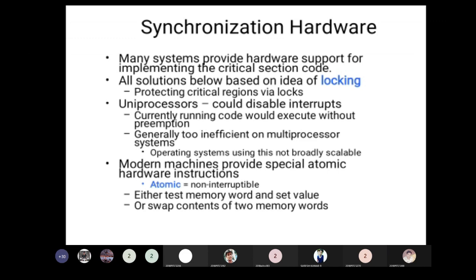It is achieved in a uniprocessor system, but it is difficult to achieve in a multiprocessor system using this concept of locks. Some hardware instructions used in modern systems are atomic instructions. That means they are not interruptible. For example, load and store.